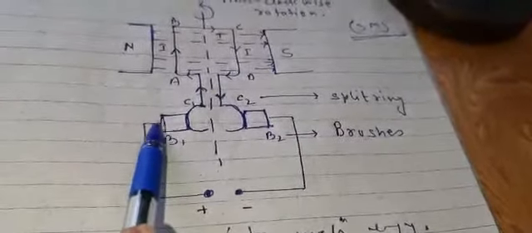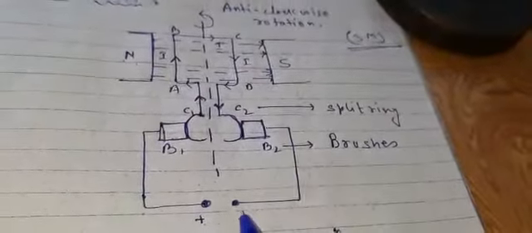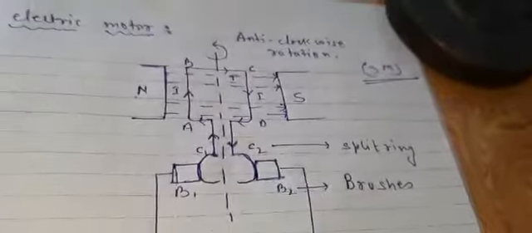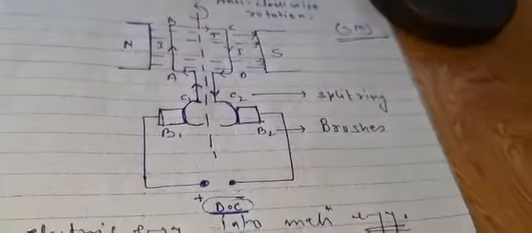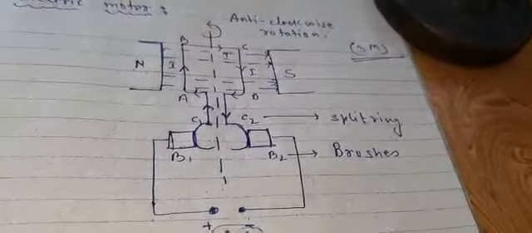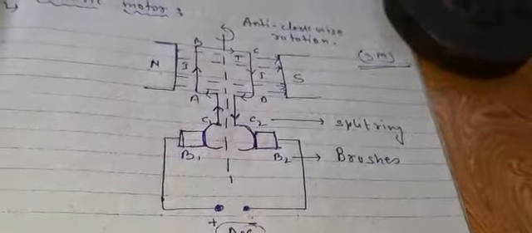Now one of the carbon brushes is connected to the source positive end and another carbon brush is connected to the negative end of the source, and this is the DC current. We are providing DC current to the motor. Once again, we are providing DC current to the motor, never AC. Even in our room we have AC, right? But that AC, before entering into the motor, is converted into DC. There is a device known as a rectifier. We're going to explain it.